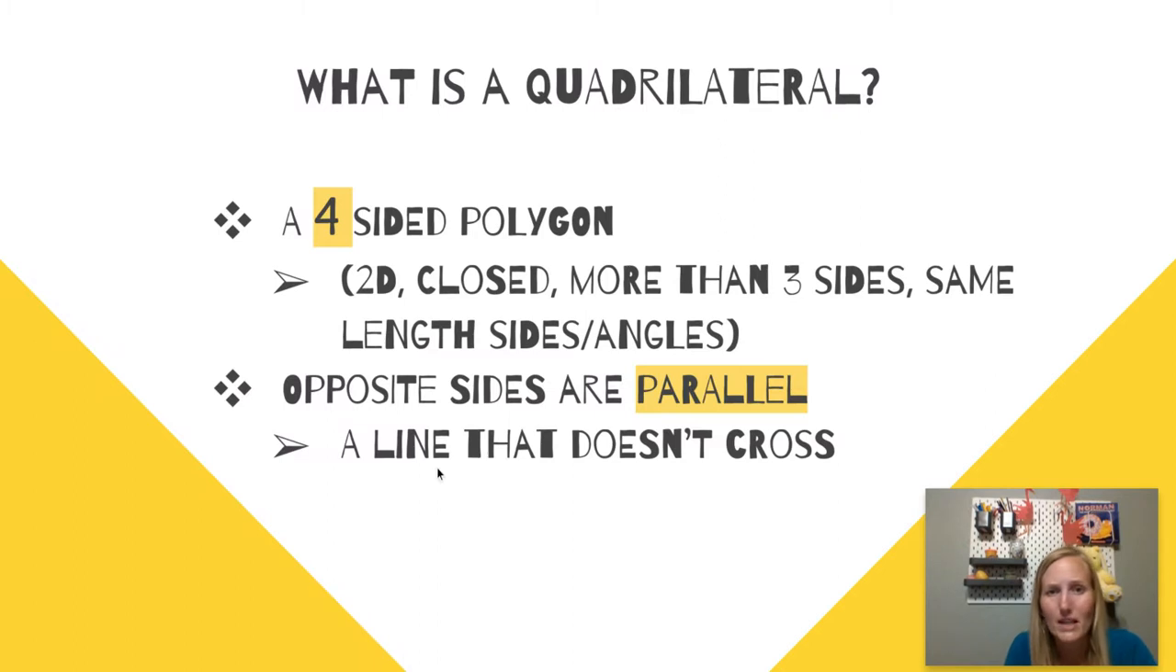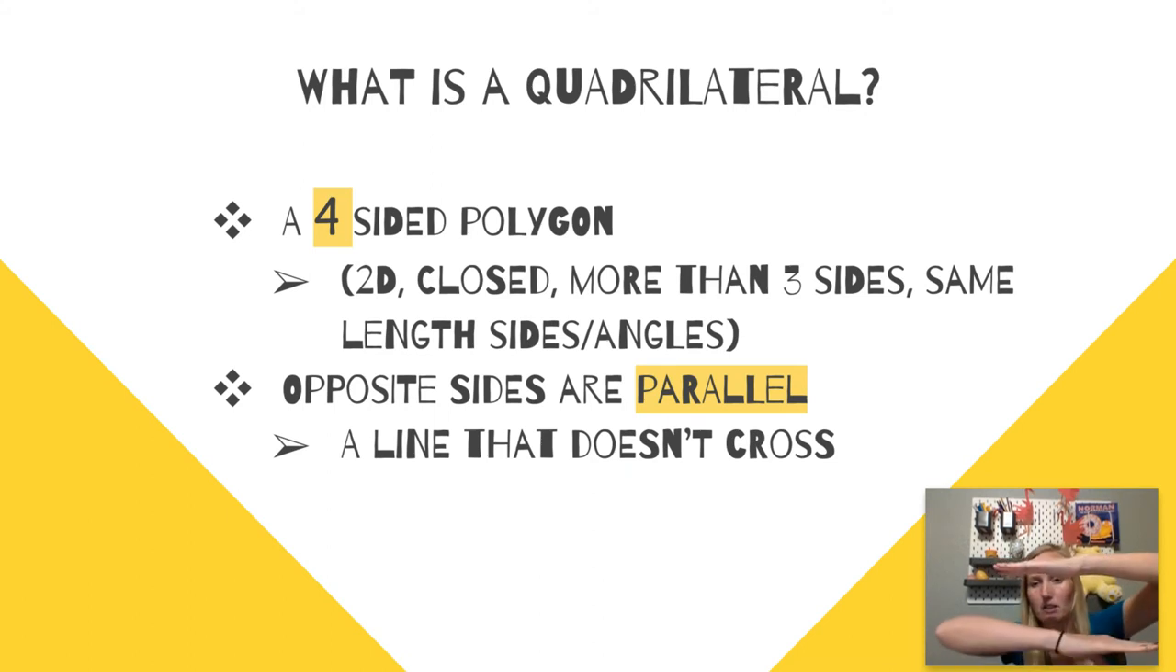Let's move on. What is a quadrilateral? We learned a quadrilateral is a 4-sided polygon. So just a reminder on that polygon. A polygon is a 2D shape. It's closed, has more than 3 sides. Also in a quadrilateral, remember it's 4-sided, its opposite sides are parallel, which means